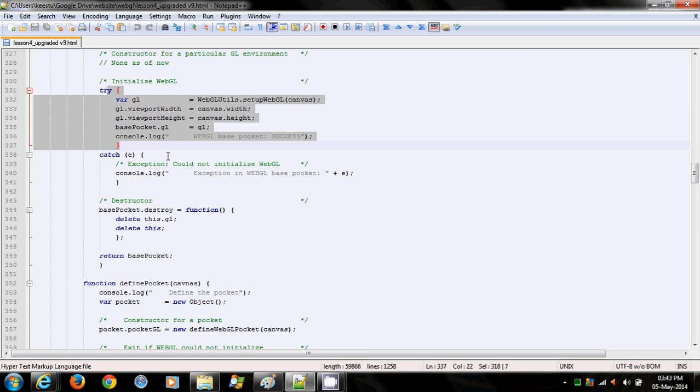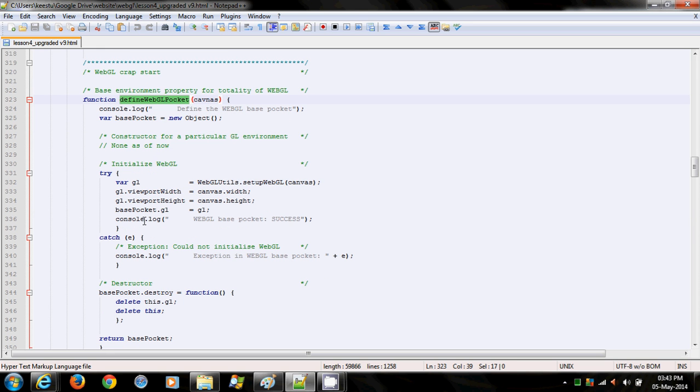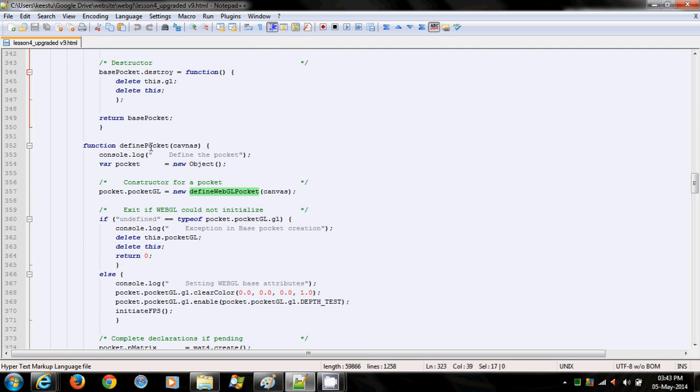WebGL initialization. Any exception handling, else everything has been taken care of. If you find anything missing, please do put in the comments. Define WebGL. Now what you see is just that the GL has been initialized, nothing more than that. Now once that GL is initialized,